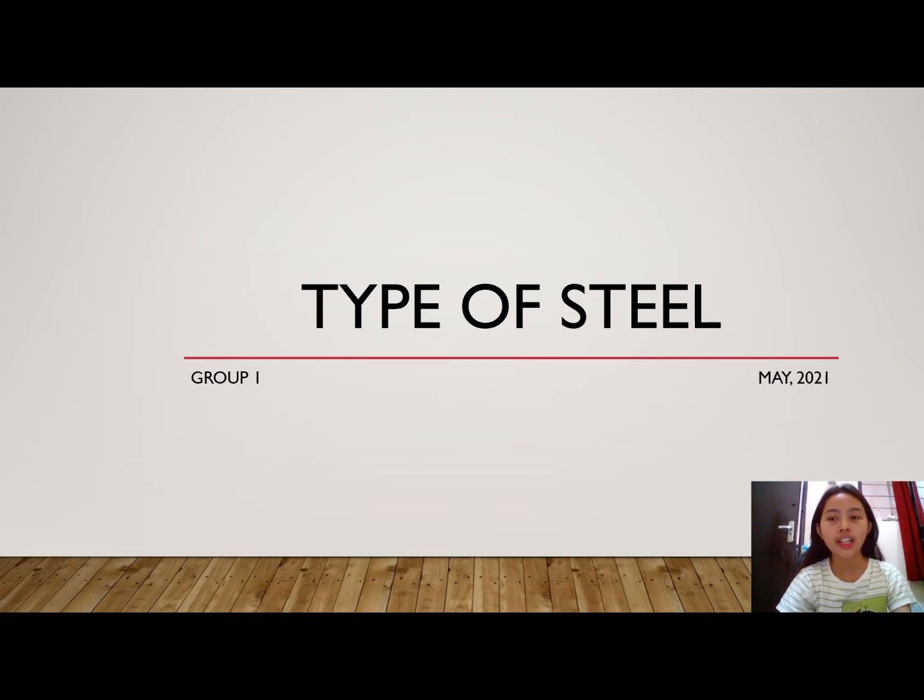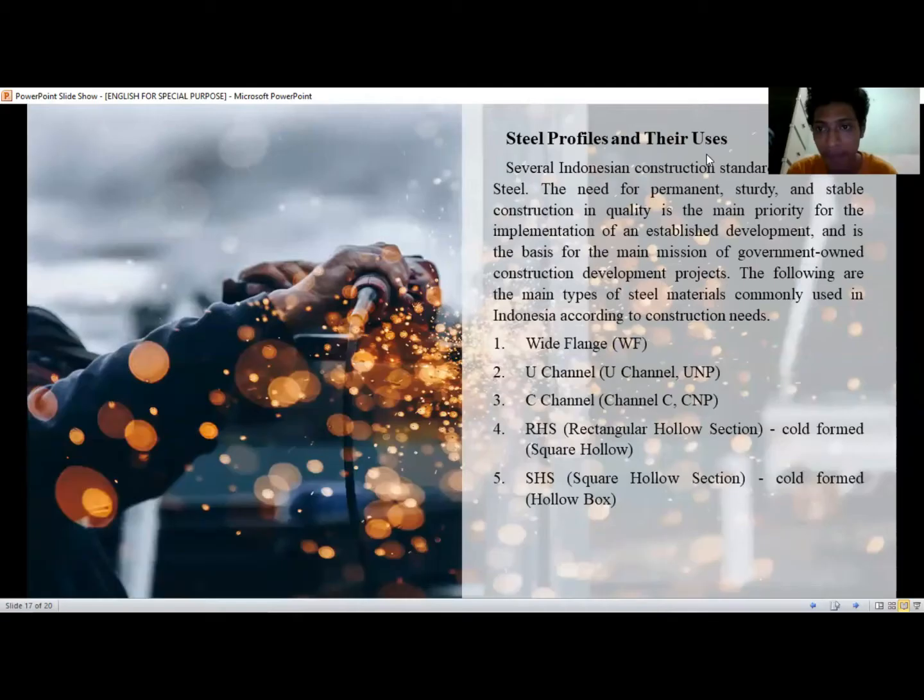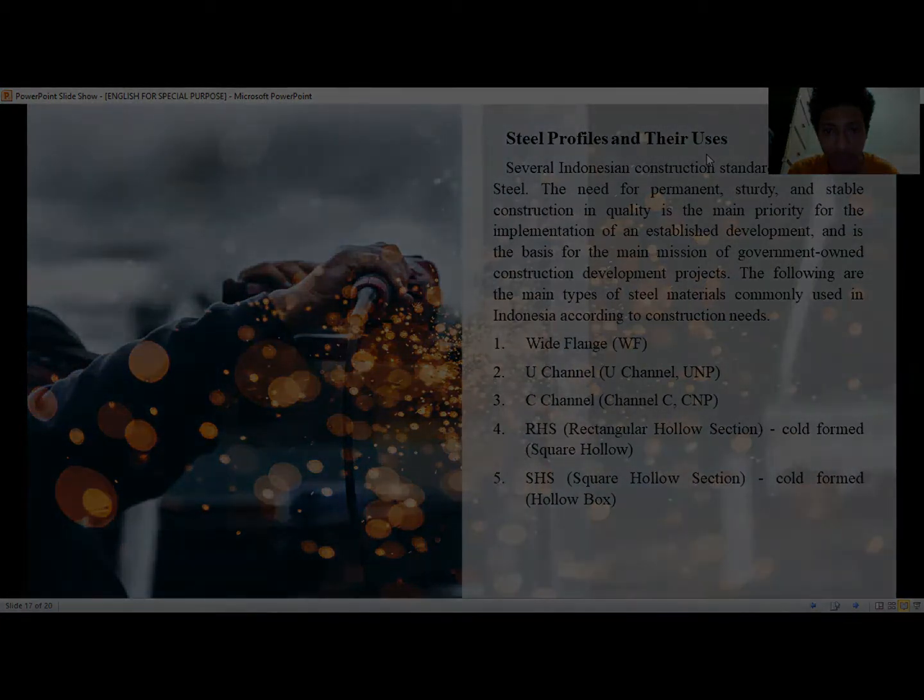Steel in general can be grouped into two types, namely construction needs. First, white flame or WF. Second, U channel. Third, C channel. Fourth, RHS or rectangular hollow sections. Fifth, SHS or